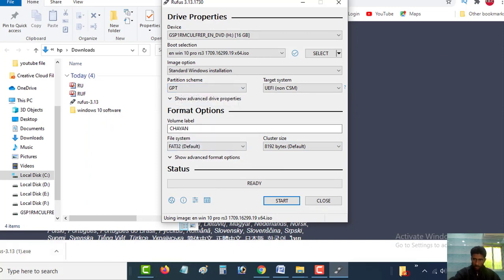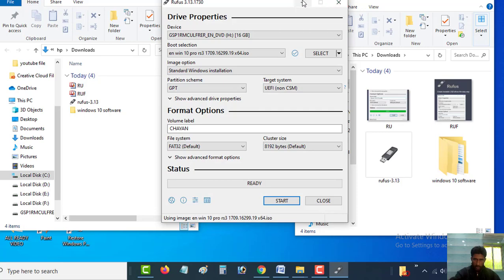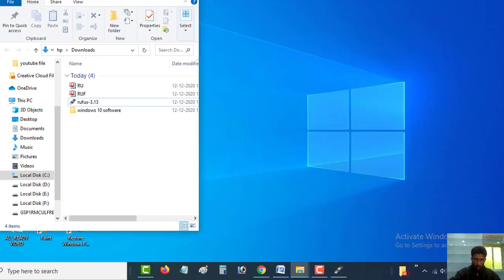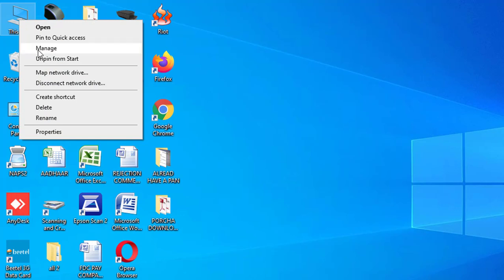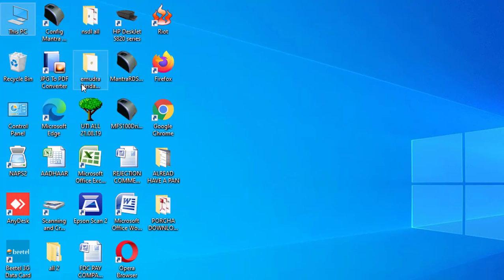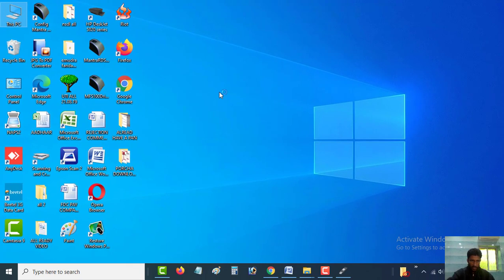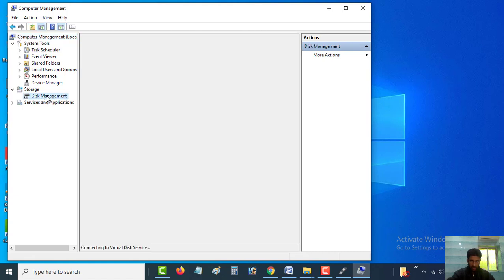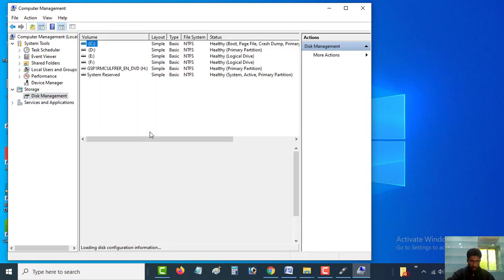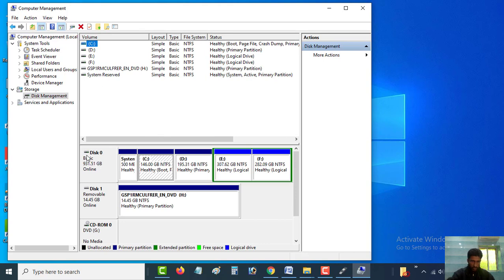Just go to your computer option. I am going to my computer option. This is My PC. Then click on manage. When you click on the manage option, Computer Management will open here. You have to click on disk management. In disk management, there is disk 0, basic, 931.51 GB.